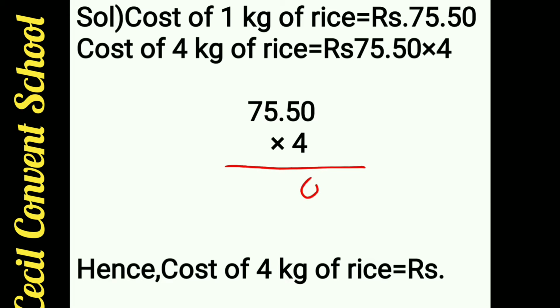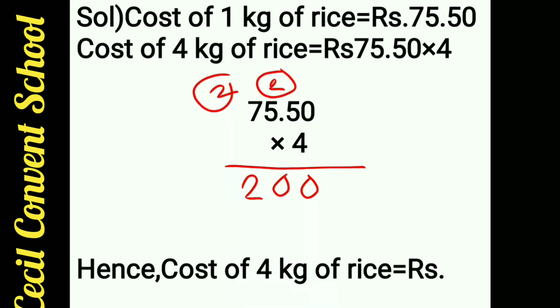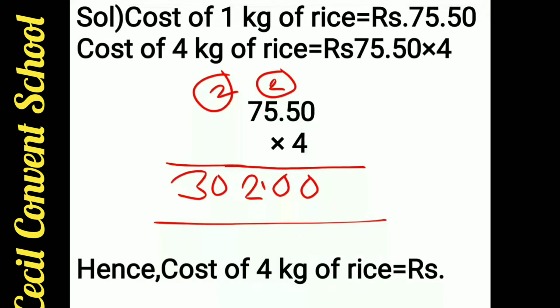Then you have to multiply. 4 zeros are 0. 4 5s are 20, 2 will go on 5, 5 4s are 20, 20 plus 2 is 22, 2 will go on 7, 7 4s are 28, 30. Understood? There is no other number, so you will stop here. Now you put a decimal. Decimal will come after two numbers. So answer will be 302. Clear? Because after decimal only zeros are coming, so it does not have any value. So you have to write only 302 over here.